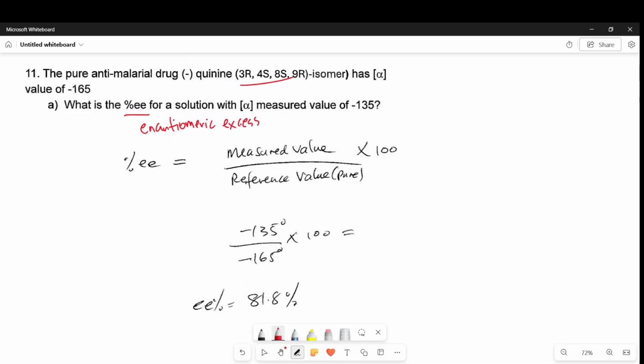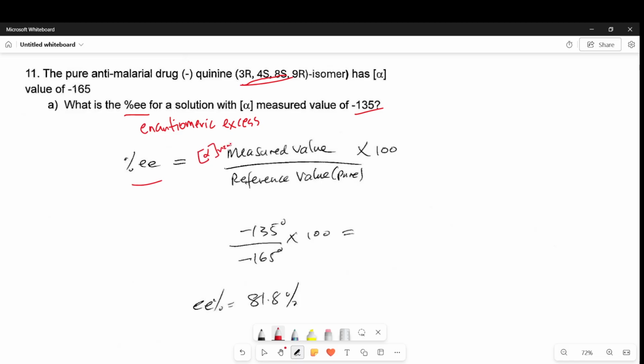If you are synthesizing a new anti-malarial quinine and you measured it to be minus 135, obviously it's not 165, but somehow you have most of it as a pure quinine. You want to know the enantiomeric excess, meaning how much excess this is over the other mirror image. So percent EE, enantiomeric excess, is measured alpha